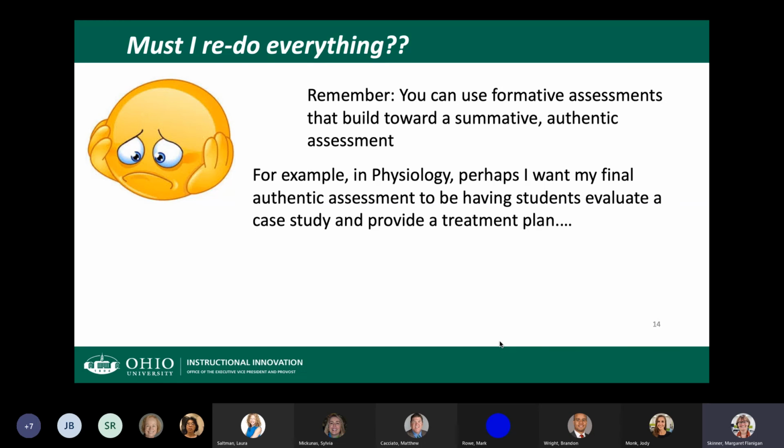An example in my field of physiology is that instead of just giving my students a multiple choice test, perhaps I want the authentic assessment to have them evaluate a patient, look at all of their lab results and their case history, and come up with a treatment plan. But along the way, of course, I want to know that they actually understand the basic physiology of the underlying disease process. So I might use multiple choice tests to test them on their facts and their understanding before I give them the